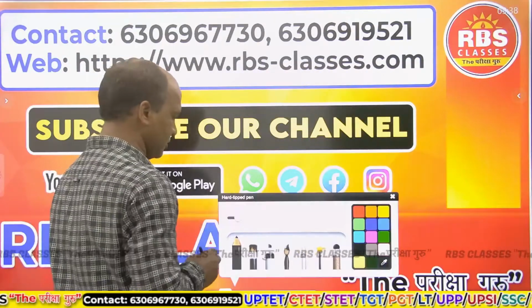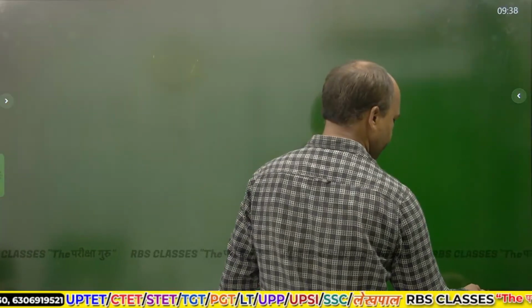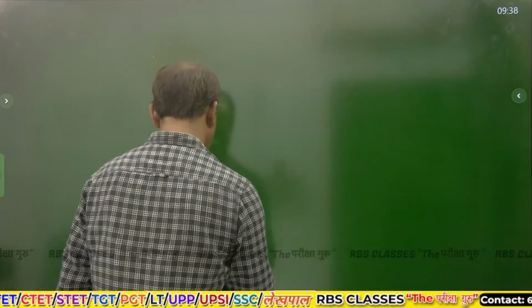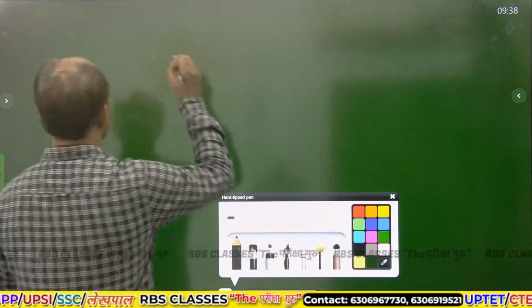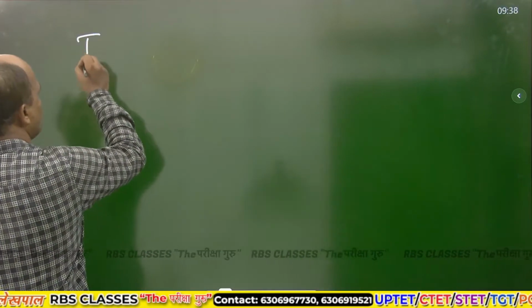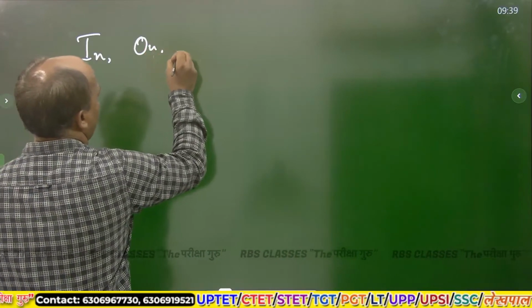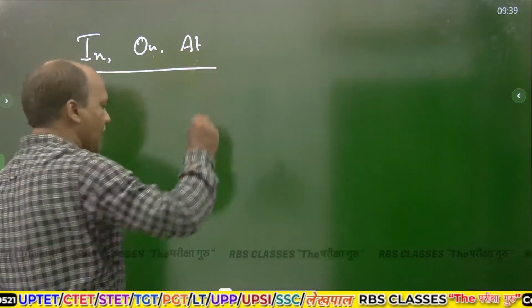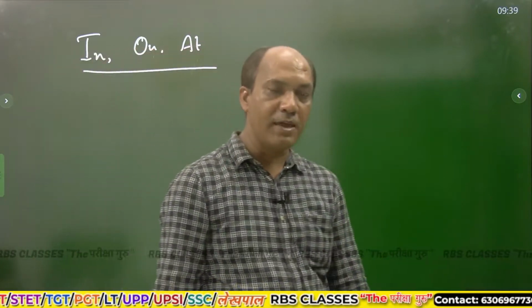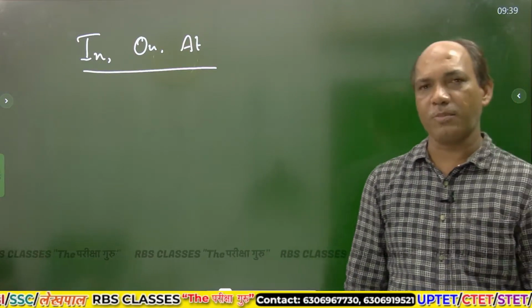सारे प्रीपोजिशंस में से जो मैं आपको सबसे पहले बताऊंगा वो है इन, ऑन एंड एट। इन तीनों को एक साथ देखिए तभी आपके समझ में आएगा इनके यूज अंग्रेजी में कहां होते हैं। इन, ऑन, एट। इन का नॉर्मली मतलब होता है में, ऑन का नॉर्मली मतलब होता है पर, एट का नॉर्मली मतलब होता है पर।